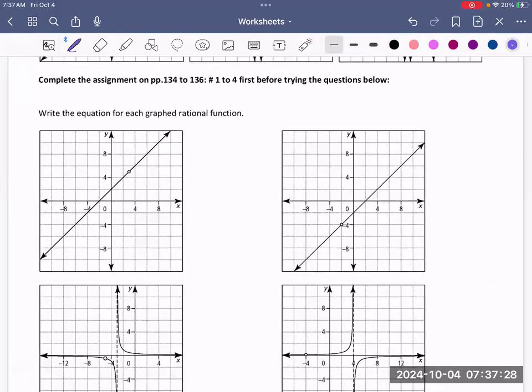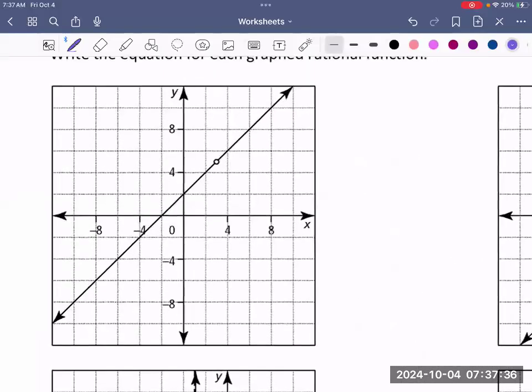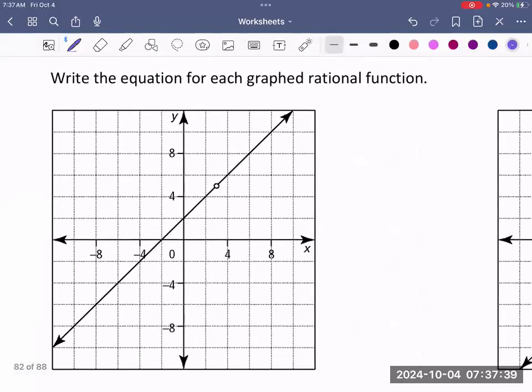Now let's have you guys create your own function. So given the equation, we want to create your own function. If I'm looking at this first one, notice the special feature here: we have a hole. Where do we think this hole is? Well, the hole is when x is equal to